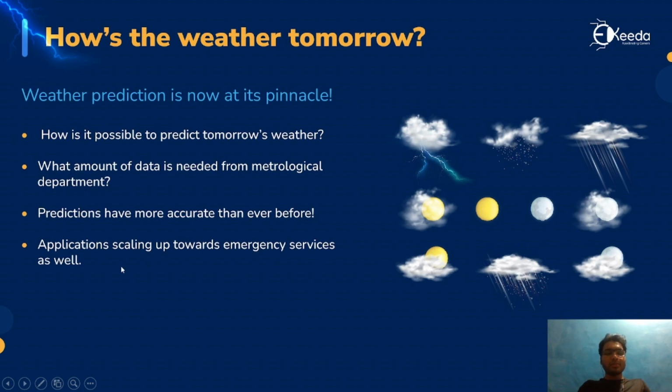Application scaling up towards emergency services as well. Now you can see that in groceries as well. In COVID time there was a lockdown, and you could see that many services were offered where you could just order online and they were delivering groceries at your home. And now, if you take the example of Zepto and all, they deliver groceries in just 10 minutes at your doorstep, okay. So all this is digital, and behind that there is data science going on, because of which it is becoming possible by the time.